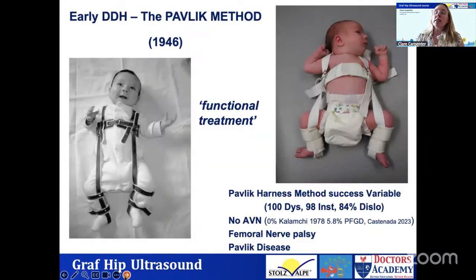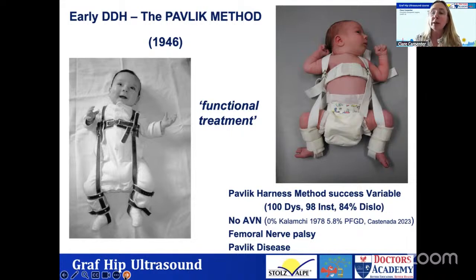So what do you use? Well, in the UK, mostly it's the Pavlik method. And remember, Pavlik described the functional treatment of hips using what was then a leather harness. We now have cotton harnesses that are a little bit more comfortable. But what you need to do in the reduction phase is actually allow that dynamicity of the hips. You need to allow those legs to extend against those foot straps for the hip vectors to be centered deep